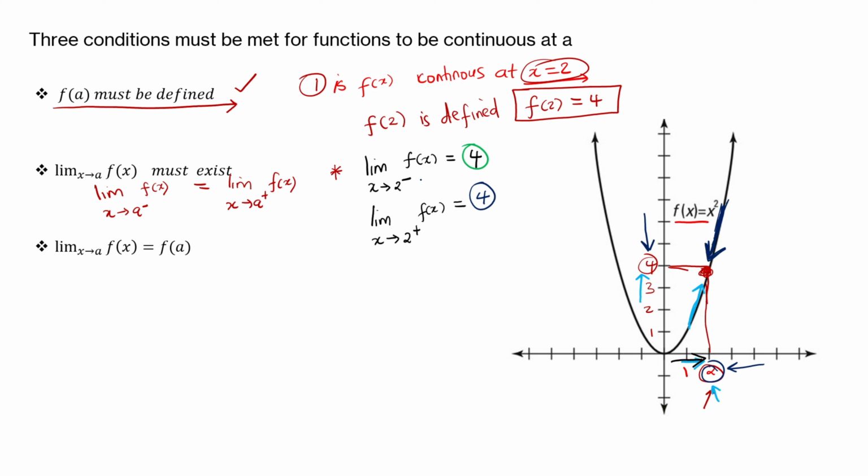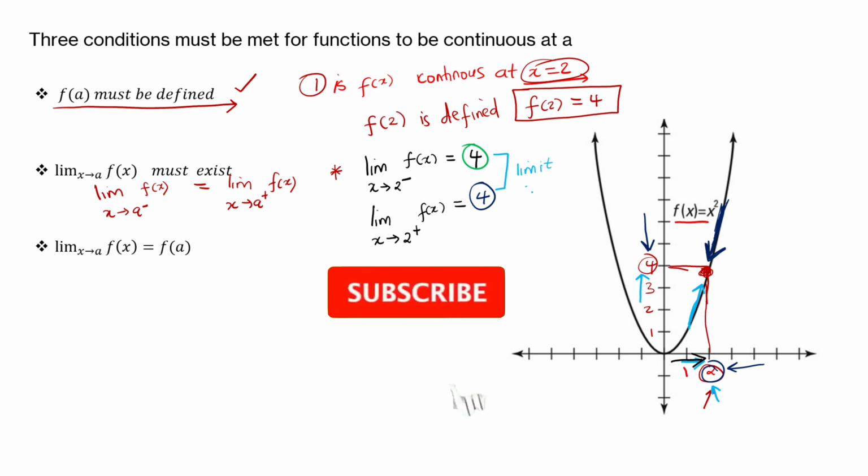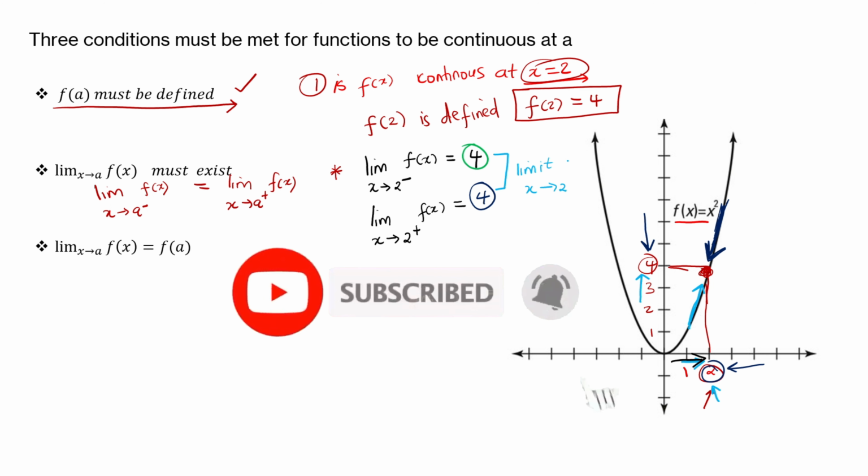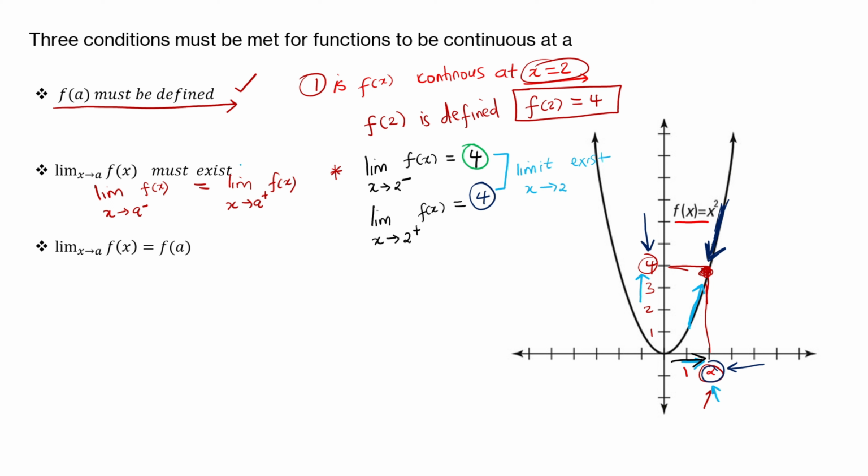So basically, you have got the limit from the left and the limit from the right. Now you compare these two values. Are these two values equal or not? Yes, they are equal. Both the limits are 4 because we are approaching the same y value, which is our limiting value. So in this case, the limit exists. So here we say that the limit as x approaches 2, in general, exists. So the second condition for continuity has been met. Remember, all of these conditions must be met so that we can say that our function is continuous at x equal to 2.